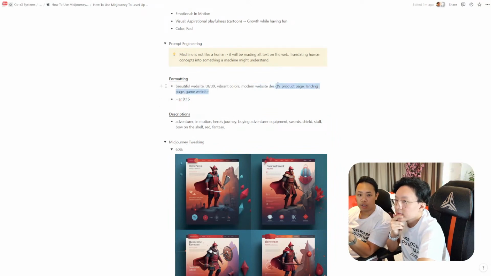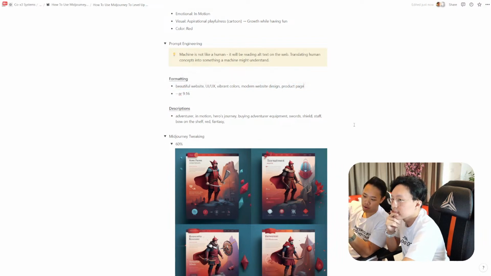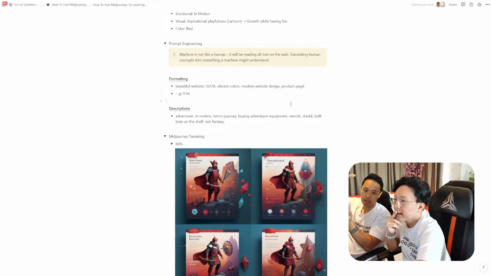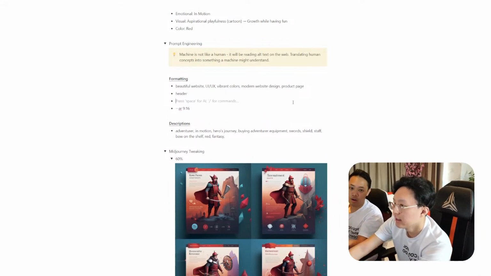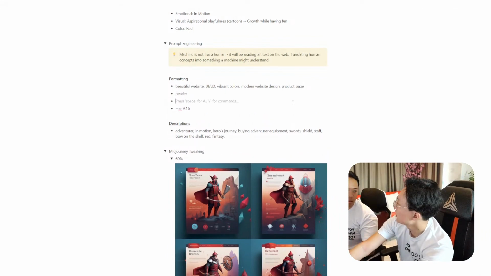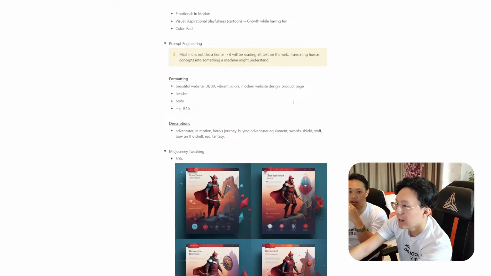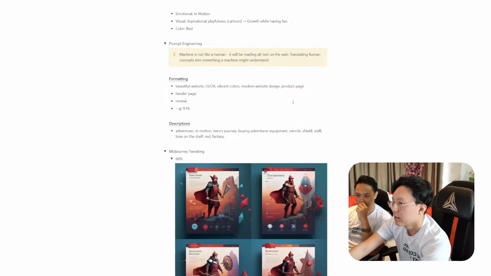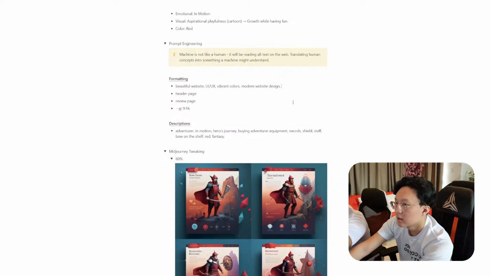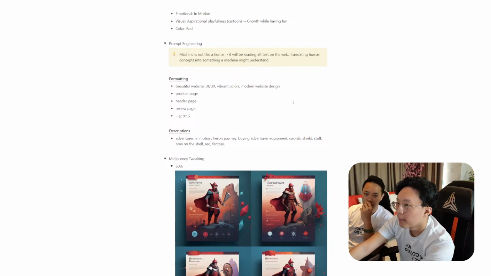Yeah. We actually may choose to break them up into sections. So it's like, here's the header area, what it looks like. Here's the middle section, and so header. What would you call the middle section? Description, or we may even want to try your customer reviews things. Okay, just a review. Yeah, reviews area. Header page, review page, and then less so on this descriptors around hero's journey, but you may want to add things like